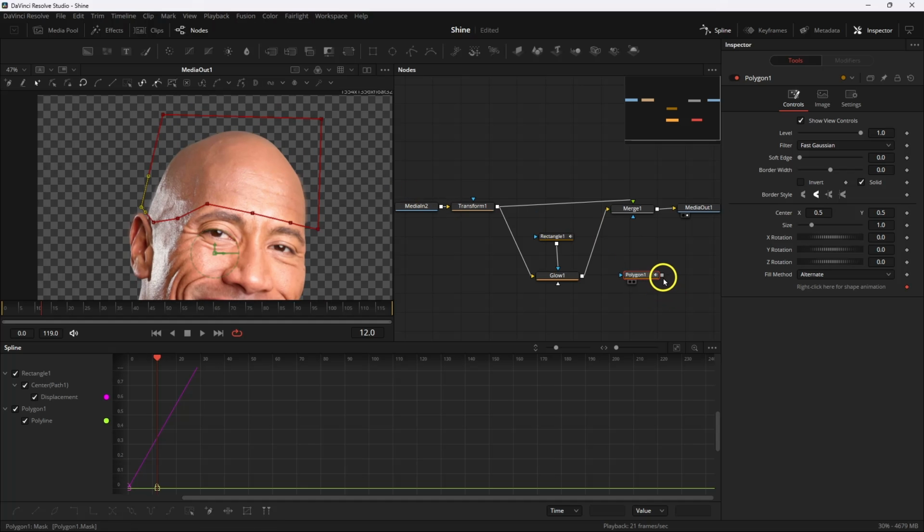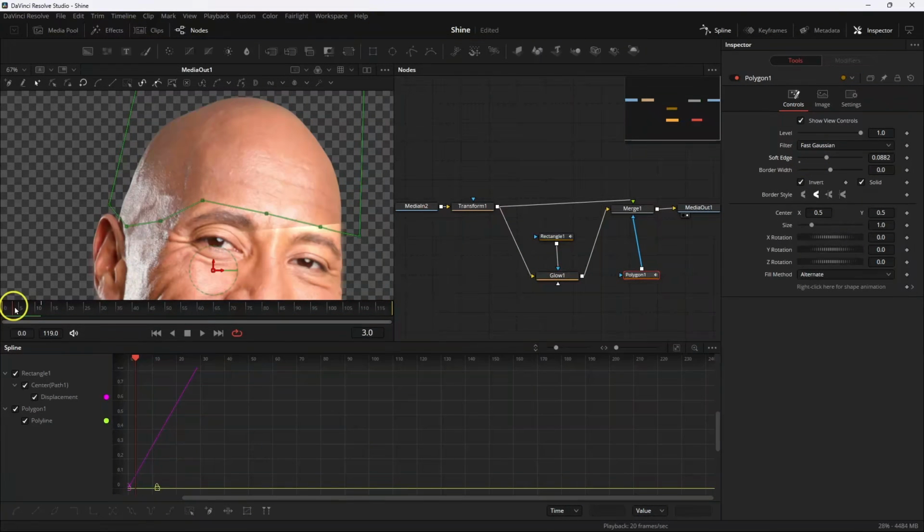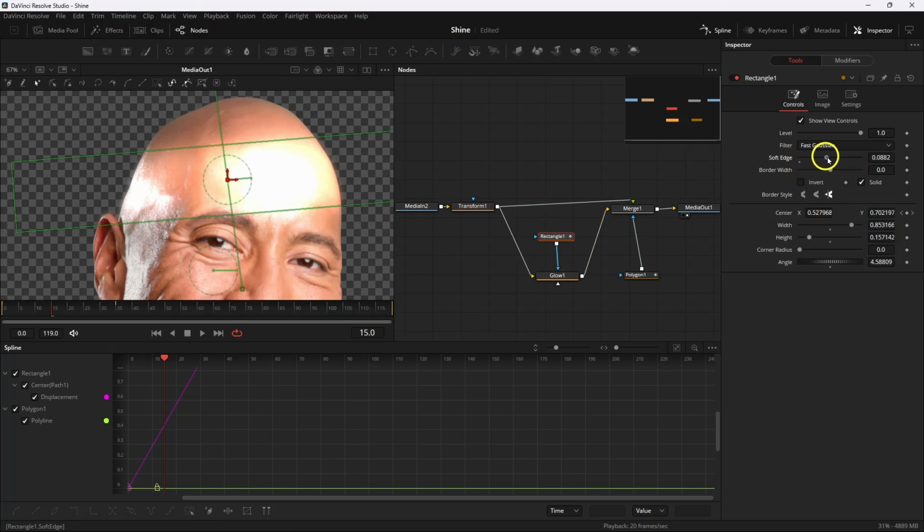Then connect the polygon output with the merge blue input and it will mask the head, but it's inverted. So select the polygon, check the invert box and it will invert your mask. Now here you can see we have very sharp edges, which we can easily fix by increasing the soft edge. Now all we have left to do is increase the soft edge of the rectangle and play with the glow